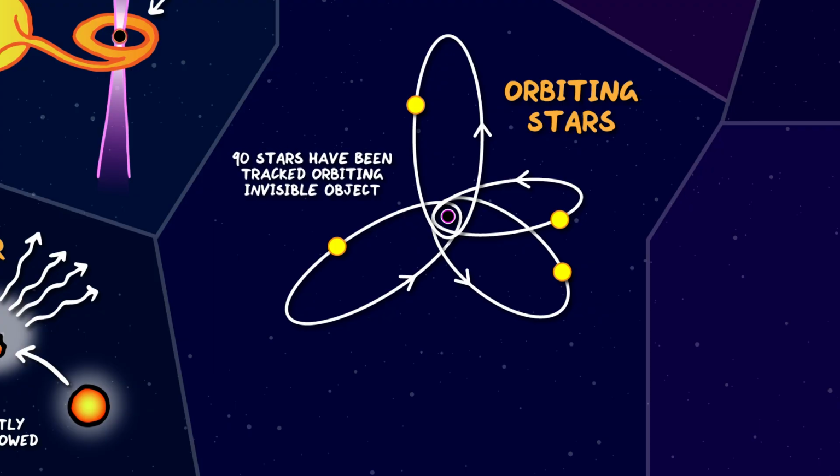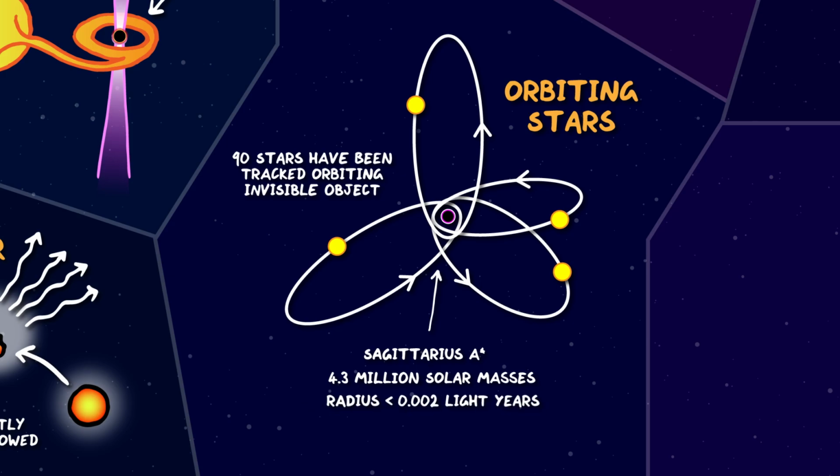An entirely different line of evidence comes from the center of our own galaxy, by tracking the orbits of about 100 stars, which have been observed to be orbiting around an invisible massive object called Sagittarius A*. By tracing the orbit and measuring the velocities of the orbiting stars, astrophysicists have been able to calculate the mass of the central body to be a humongous 4.3 million times the mass of the Sun. But this mass is confined to a region of less than 0.002 light-years, signs that it must be a supermassive